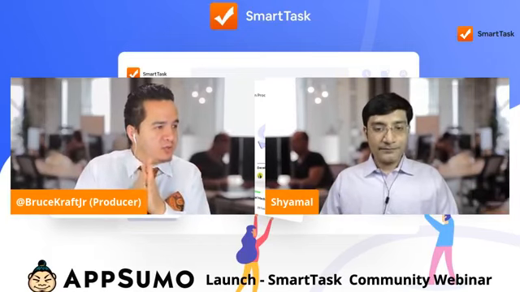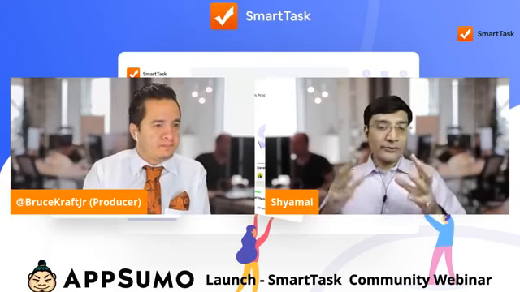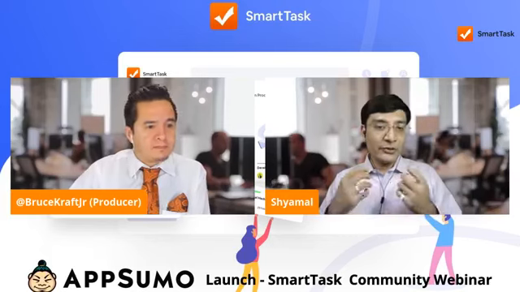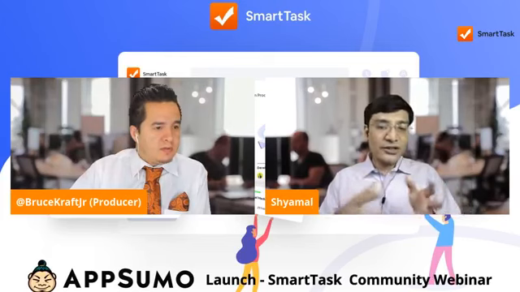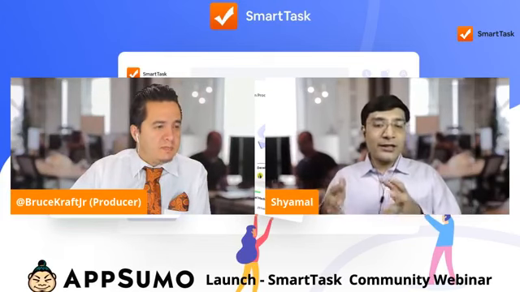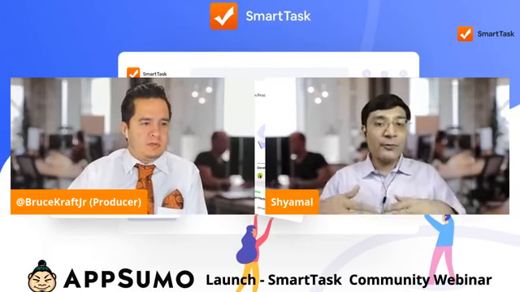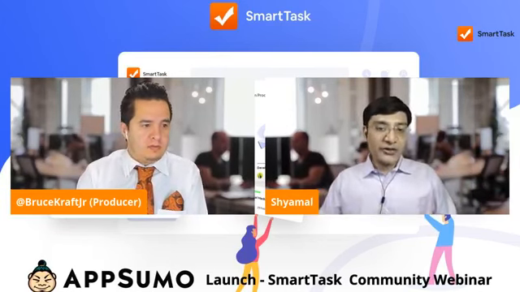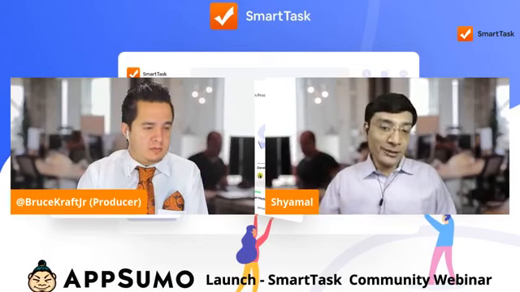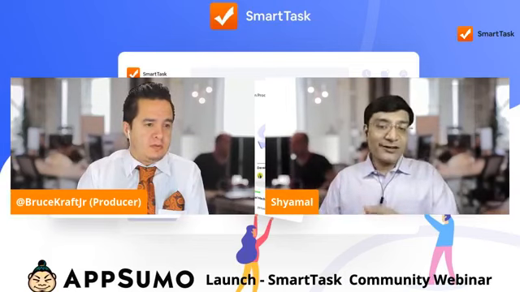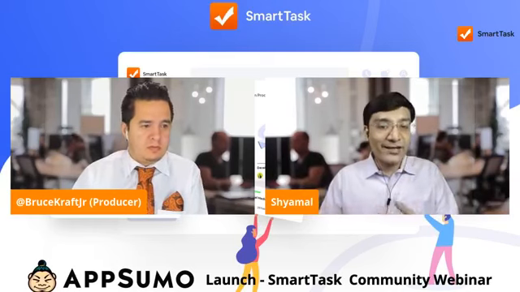First I'll give a brief overview of what digital marketing teams do: what their workflows are, what their teams are, and how you can structure those in SmartTask. Then we'll look at a real use case of a digital agency and their workflows from their perspective. We'll take a real use case, understand from a digital marketer how he has set up SmartTask, some real-life experiences, and what the best practices are in their case.